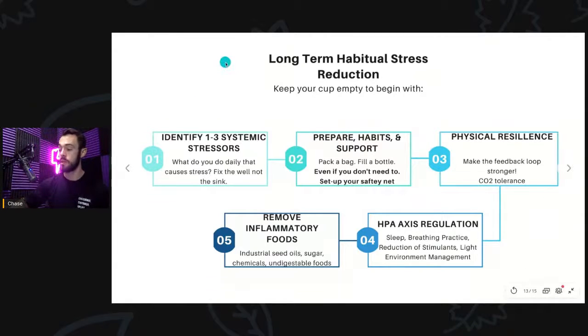So long-term, this is the last one, long-term habitual stress reduction. Keep your cup empty to begin with. So this quick stress reduction is great. We can knock it down really, really quick in the moment, whatever happens. But it'd be a lot better if that wasn't an issue in the first place because our cup was completely empty or bigger. So identify right now, if you want to do it on your phone or whatever, identify 1